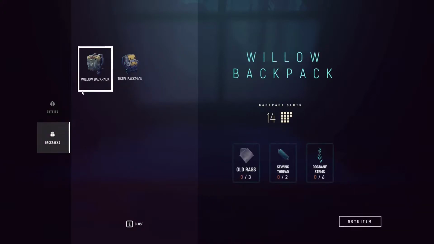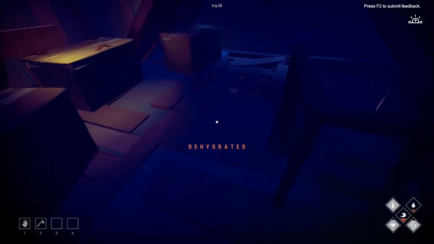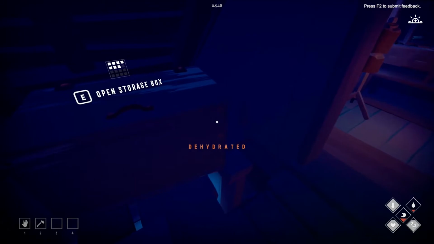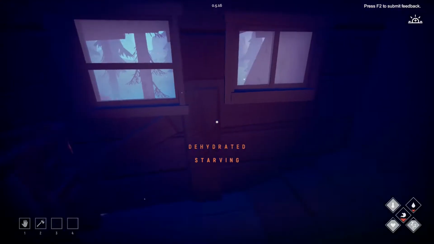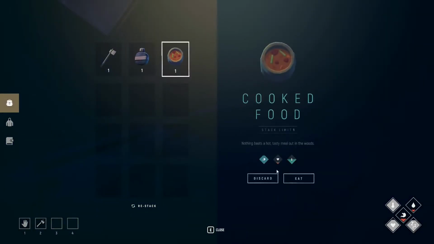So backpacks. So this one we can get quite quickly. In fact, we can probably do it now. Let's just check, because that will give us 2 more backpack spots. So we need 3 rags firstly, which we've got. We have the dog bane, so it's just 2 sewing threads. Dehydrated and starving, so let's just